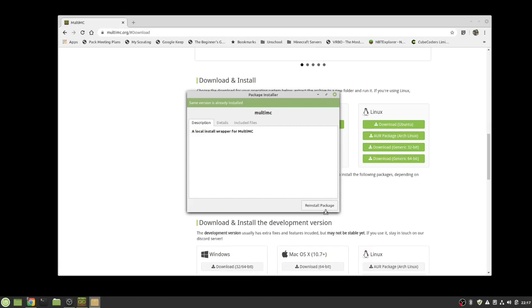I already have it installed, but once you install it, you're going to get another little window that pops up. It's going to tell you about different dependencies that you need. Those are supplemental files that the program needs to operate. You click OK on that, and you should see it download and install all of the things that make MultiMC